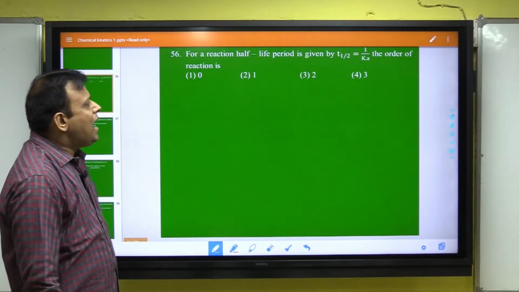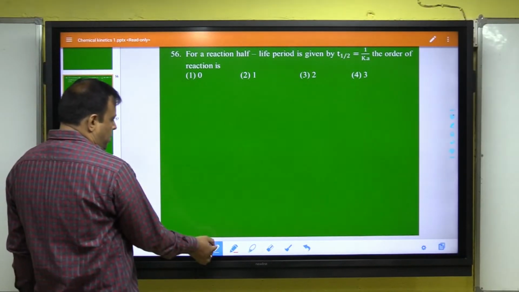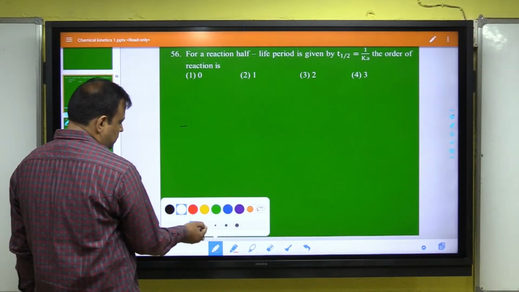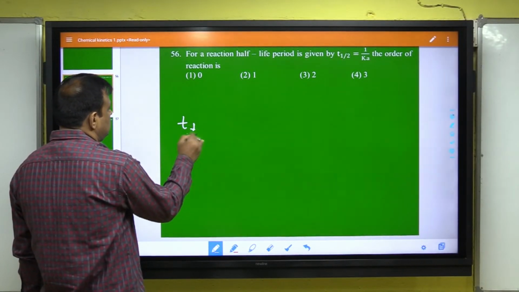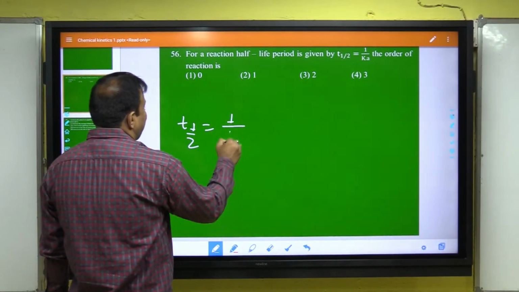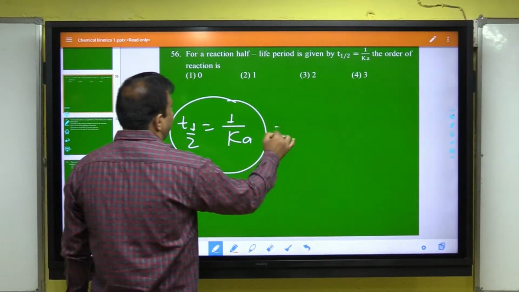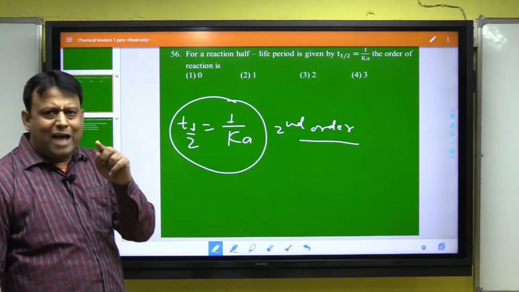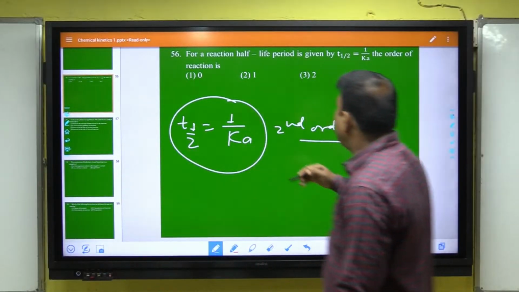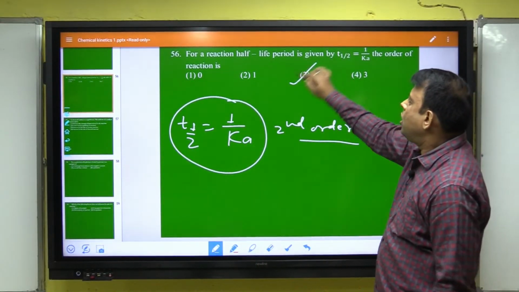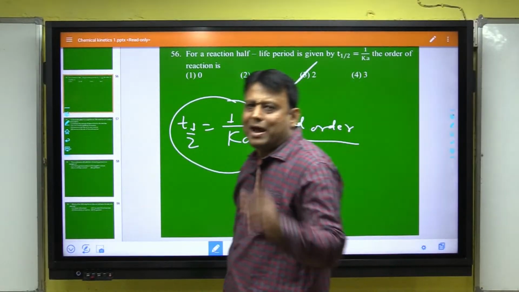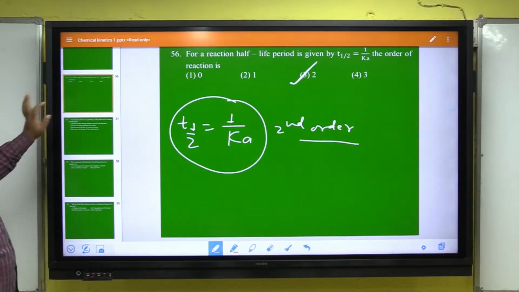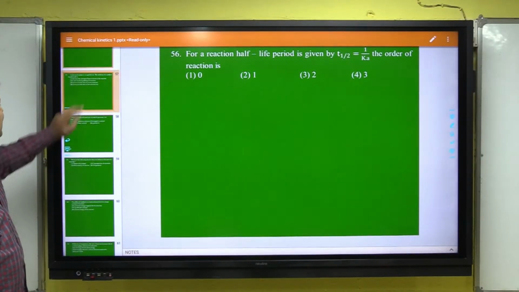For a reaction half life is equal to 1/k, and always keep in mind it is second order half life, ये आपको याद रखना है फॉर्मूला ऑफ सेकेंड ऑर्डर हाफ लाइफ, 1/k ऑर्डर ऑफ रिएक्शन सेकेंड, कई बार मैंने आपके लिखा है। क्लियर? ऑर्डर सेकेंड। नेक्स्ट 57,